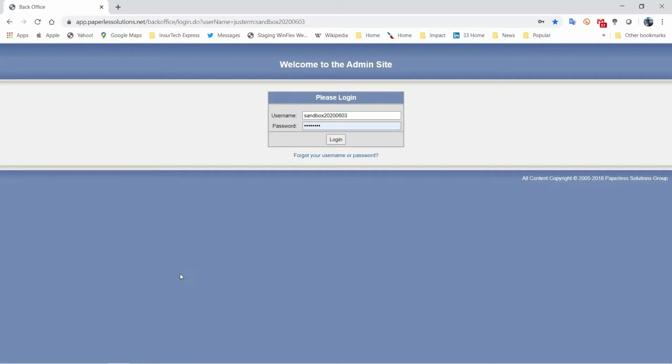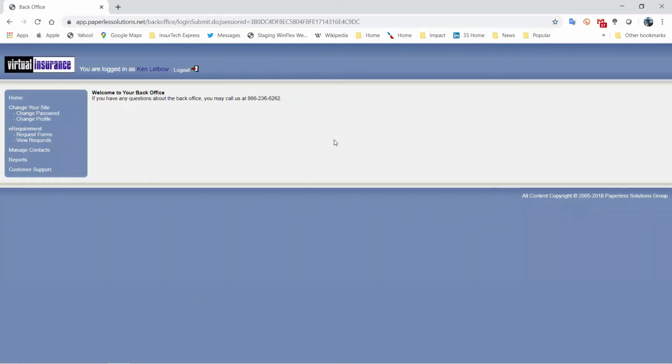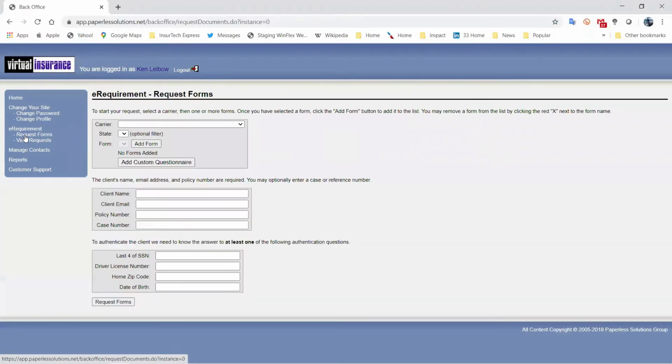eRequirement requires a secure login, and I'm logging into a demo site right now as an administrator. And so if I was an underwriter, I would log into eRequirement, or I may be set up with single sign-on to my current portal that I work out of from my office. At this point, if I wanted to get a form completed by a client, I can request a form. So I go under eRequirement here, click on Request Forms,